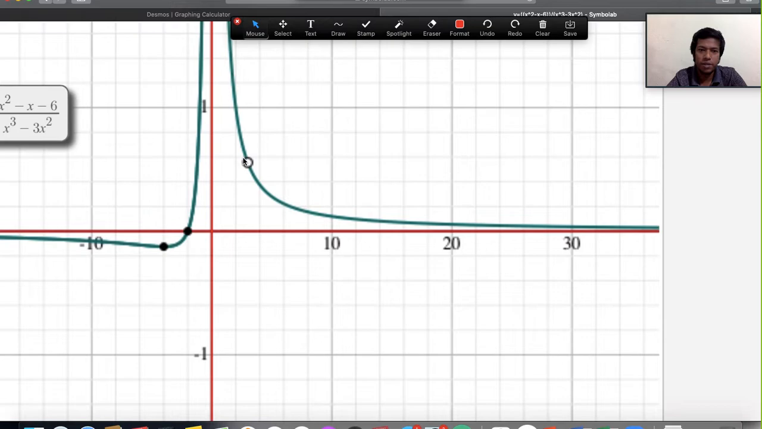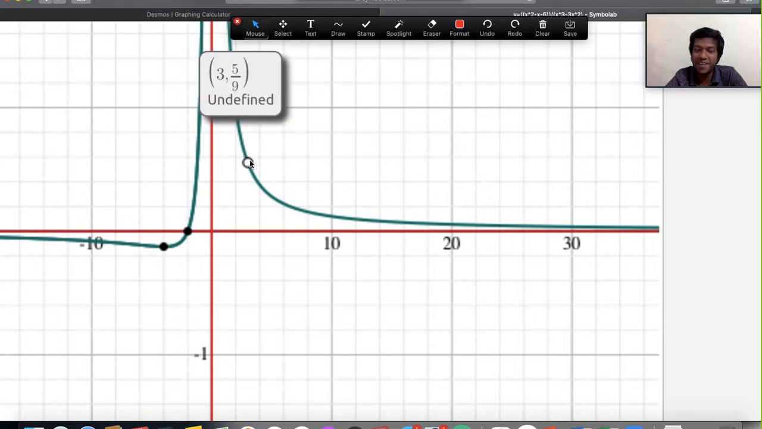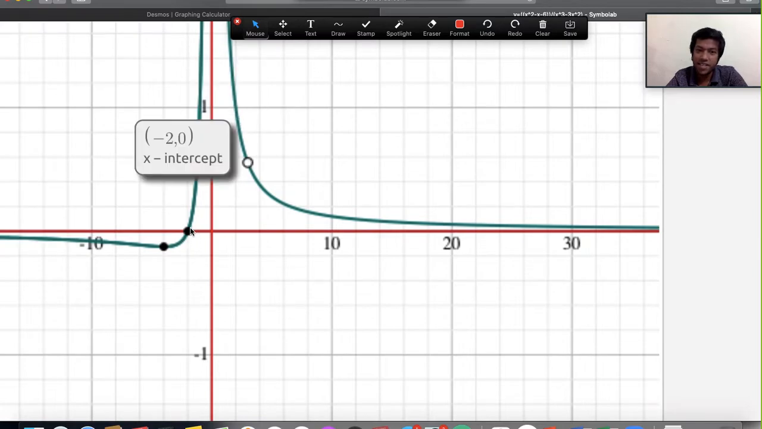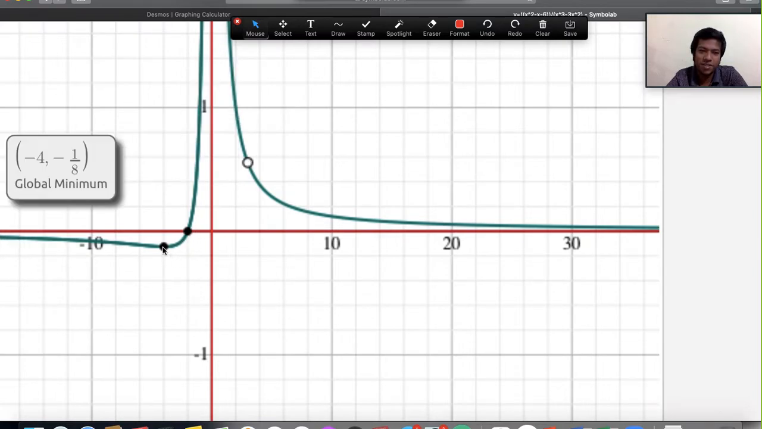That is the hole, because it is undefined. They actually mention it here also. At this point, it is undefined. That's why it is a hole. This is the x-intercept at minus 2 comma 0. This is another